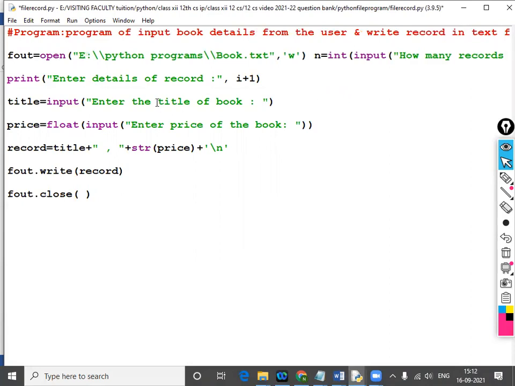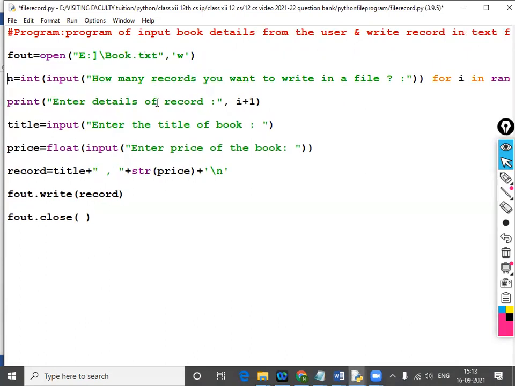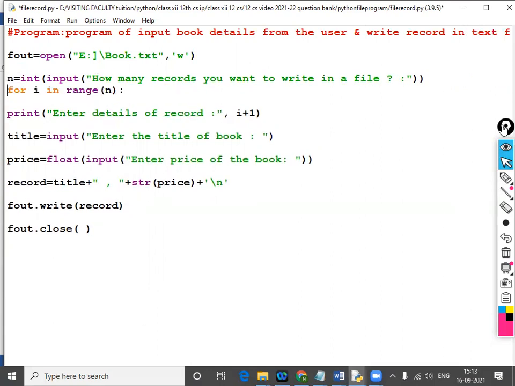Now I am writing it in book.txt, W mode. Then input the number of records you want to write in the file. This is the value, how many records.